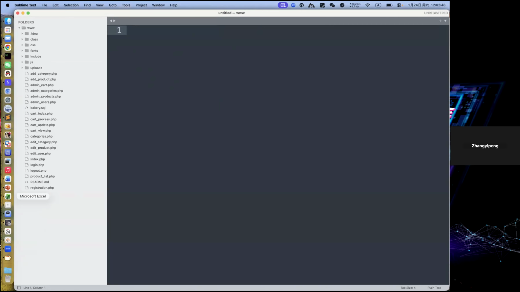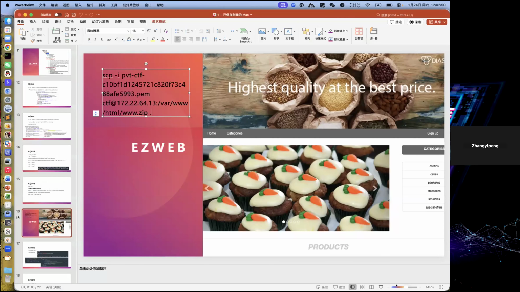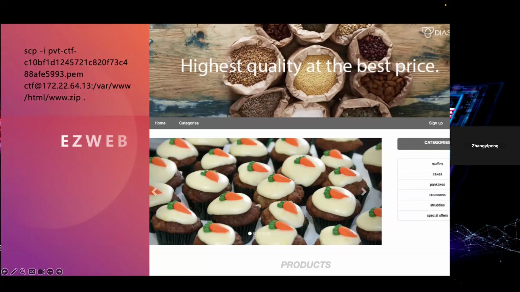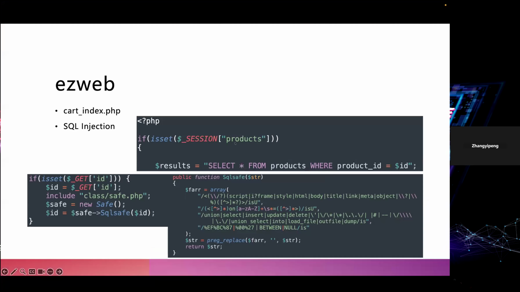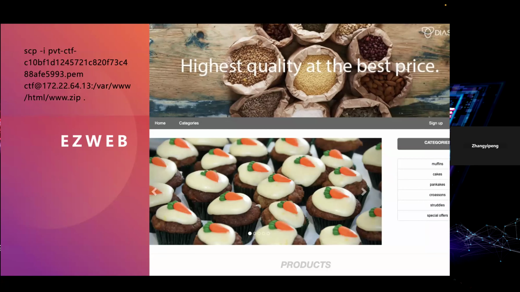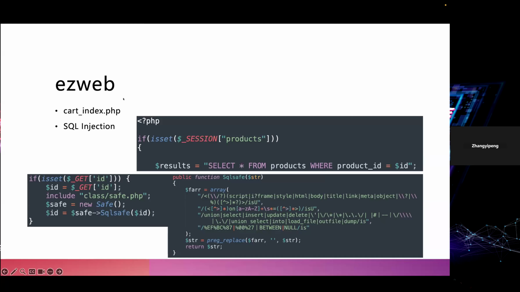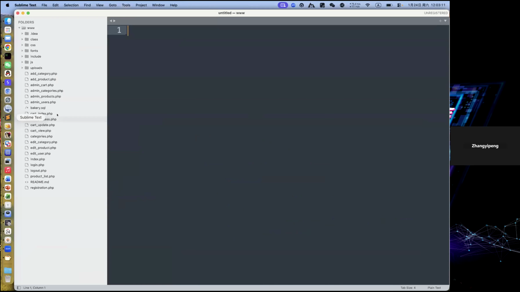So here, as you see, now what should we do? Okay, let's come to the next one, the easy web. In the easy web, we also need to check all this source code step by step. In this one, the cart index has a SQL injection, but this SQL injection is very hard